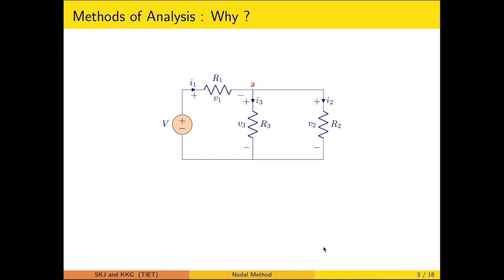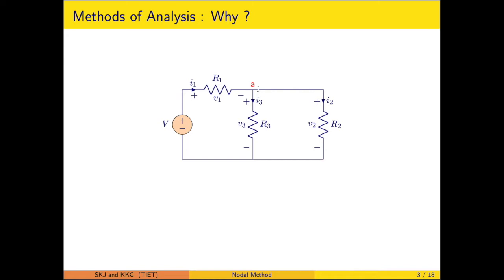So look at this particular simple diagram, which has three resistances R1, R2 and R3. As per Ohm's law, we are assigning the unknown currents I1, I2 and I3. We are correspondingly associating V1, V2, V3 in terms of the currents and the resistances. So this gives three relations. Then to solve, we have a KCL relationship at this junction A, which suggests I1 is equal to I2 plus I3.